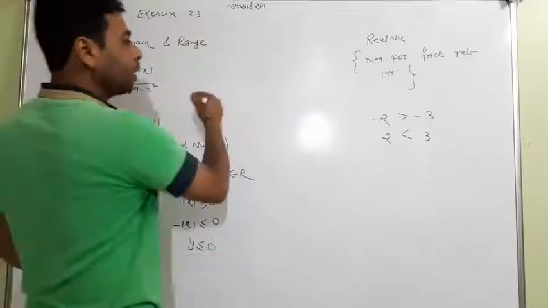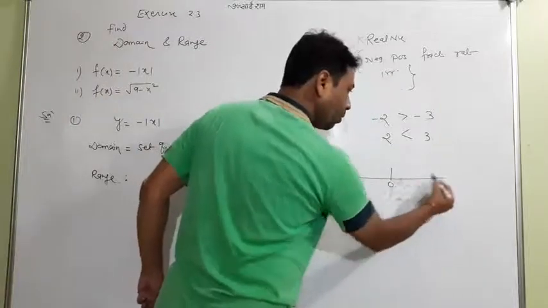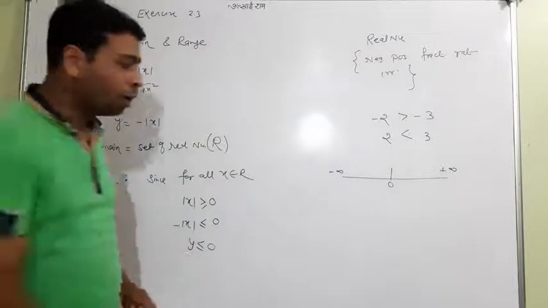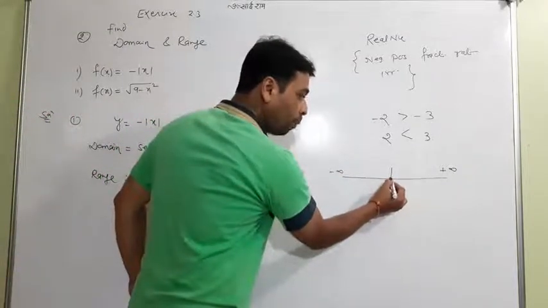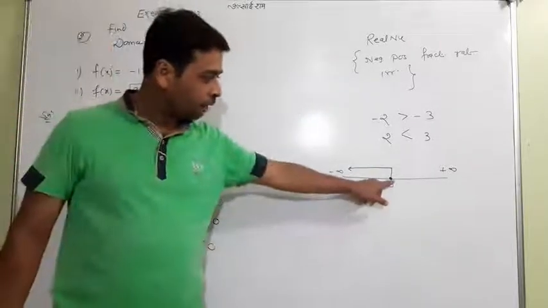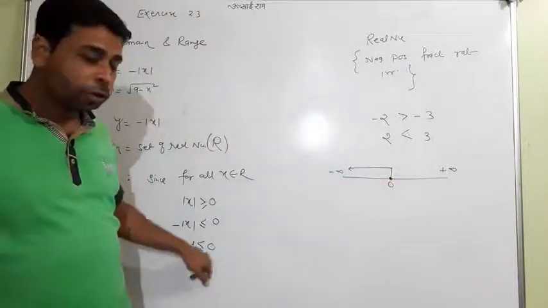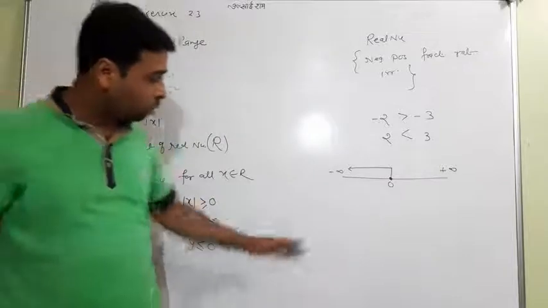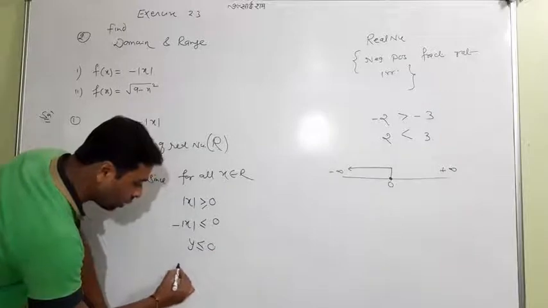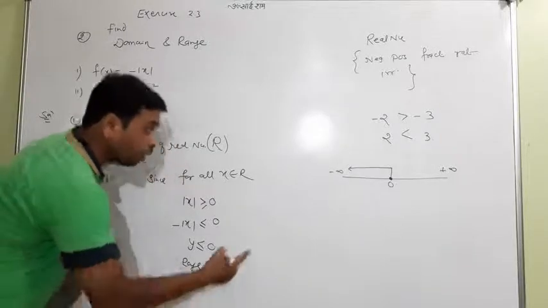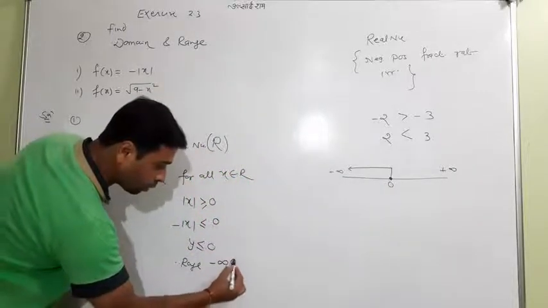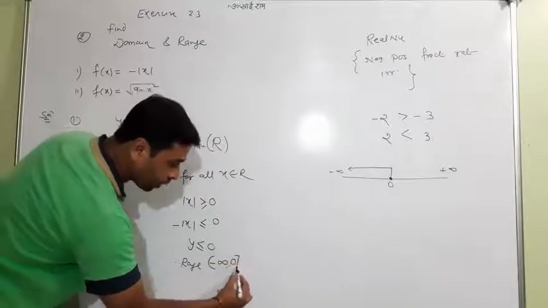So what is this? You can go through the number line. You know it is 0, it is infinite, it is minus infinite. What do you think? y less than or equal to 0. Meaning I put a dark mark here on the 0 and it is less than. Why is it dark? It's a dark bubble because y equal to 0. So y equal to 0 and y less than 0, all values less than 0, is your answer. So ultimately I would say this is the range, from minus infinite to 0. It is an open bracket, and a closed bracket. Why?